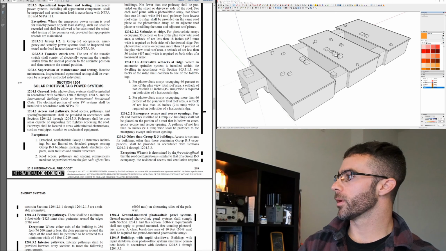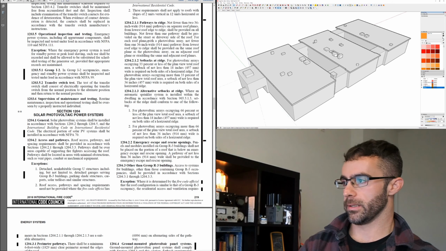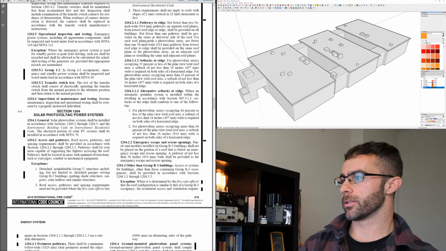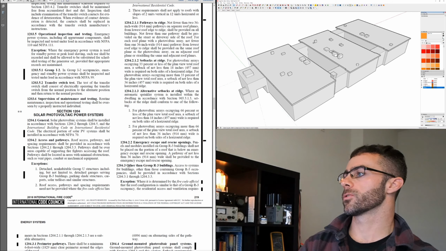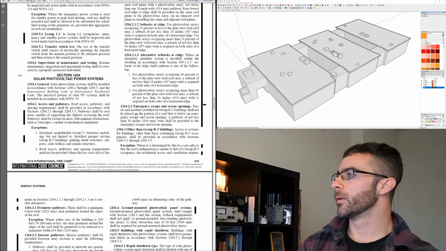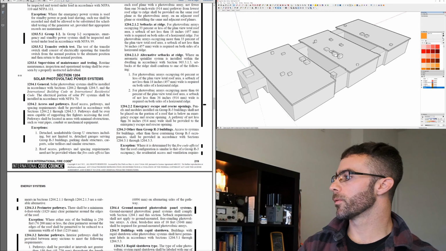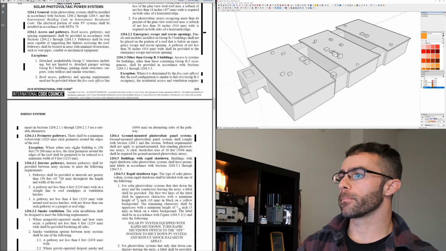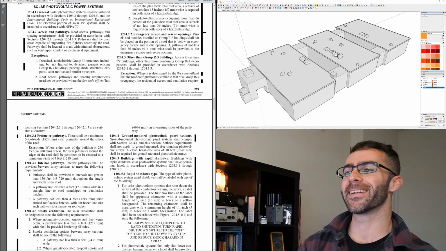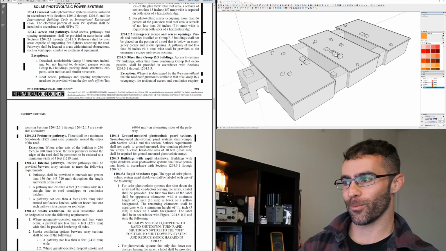They start off with access pathways, setbacks, pathways to the ridge. That's largely dependent on designing for residential buildings. This building that we're working with here is not a residential building, so it's not an R grouping. It is exceptions. So the first thing that you run into is perimeter pathways. That's a great place to start. But one caveat, because I see some of these roof obstructions are closer than where we're going to get to,